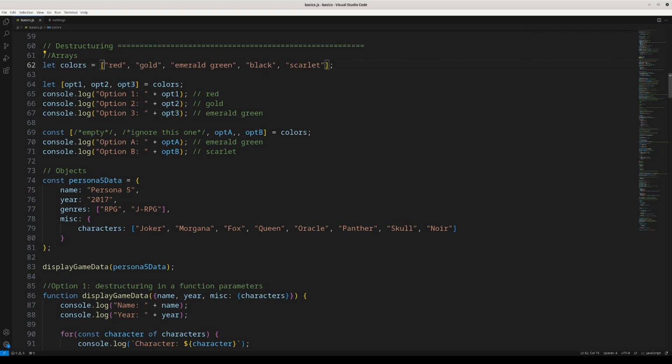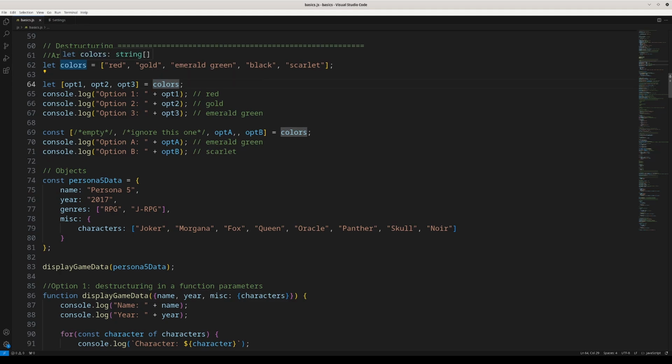Since we're destructuring an array, the values that I want to pull from here and place into these variables will be surrounded by regular brackets. So we have let, open bracket, opt1, opt2, opt3, close bracket, assignment operator, colors. What this is saying is